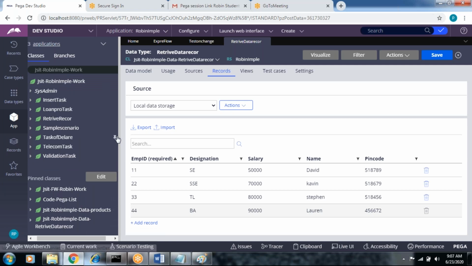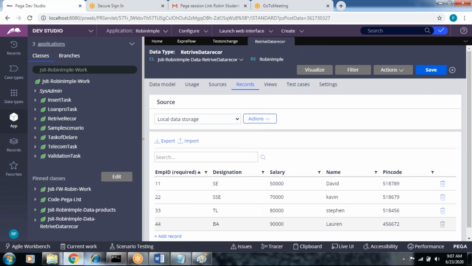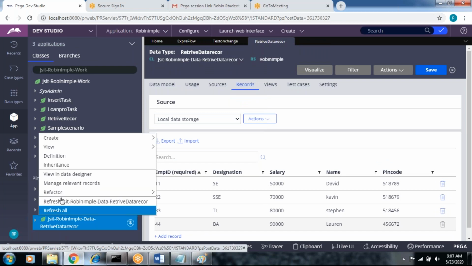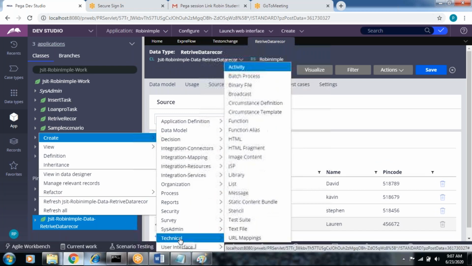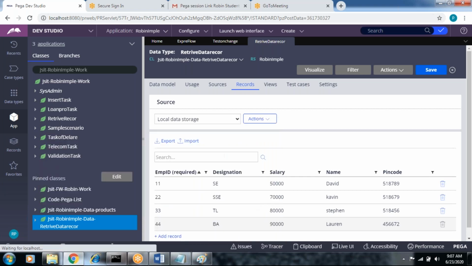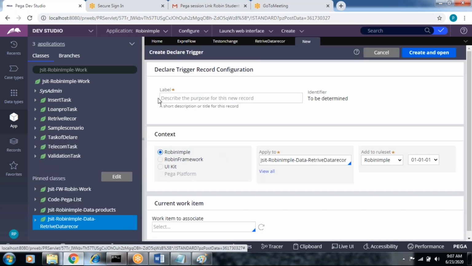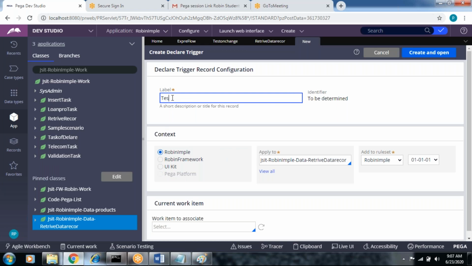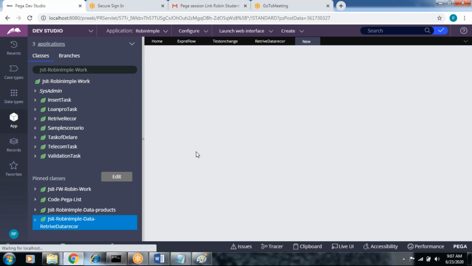So here what I'm going to do: right click on this class, create, decision, declare trigger. Test trigger. Create and open this trigger rule.